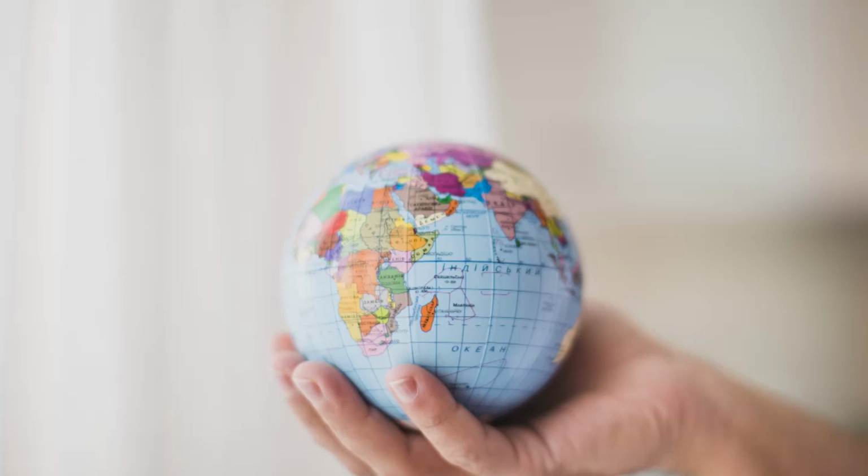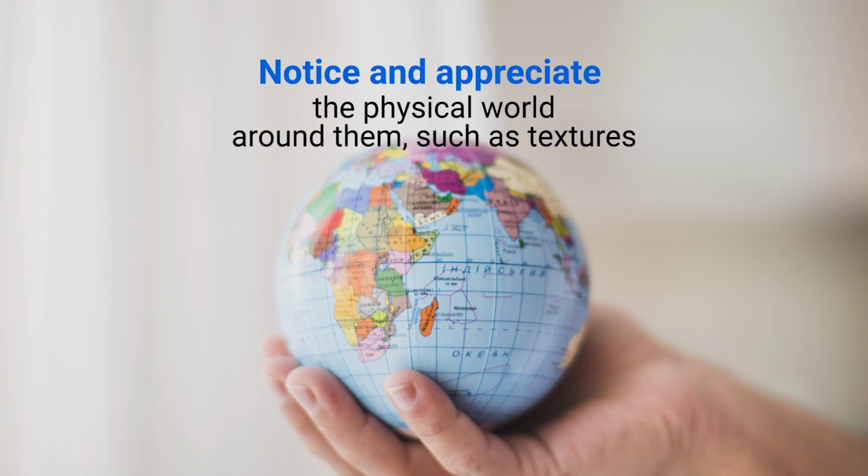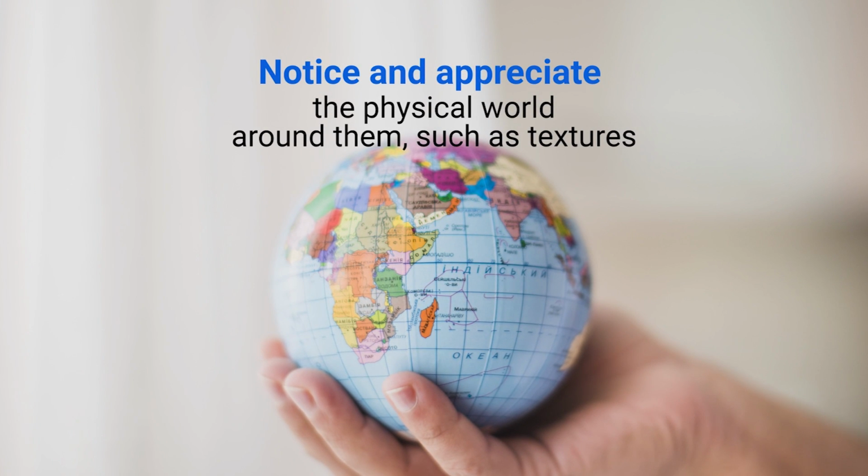Then you are likely to be a physical learner. If you see a child in your class who likes to paint, who likes to do activities with sand and other material, it means that type of child is a kinesthetic learner. The physical learners are extremely animated and always need to be moving. They learn best by doing the motions of what they are learning. They notice and appreciate the physical world around them, such as textures. Yes, this is what these children do.